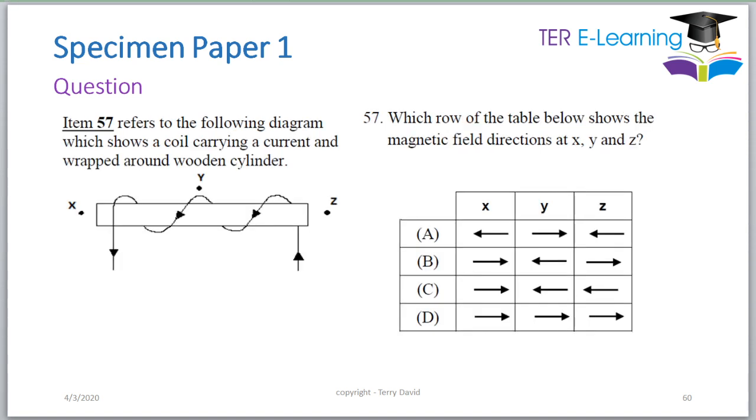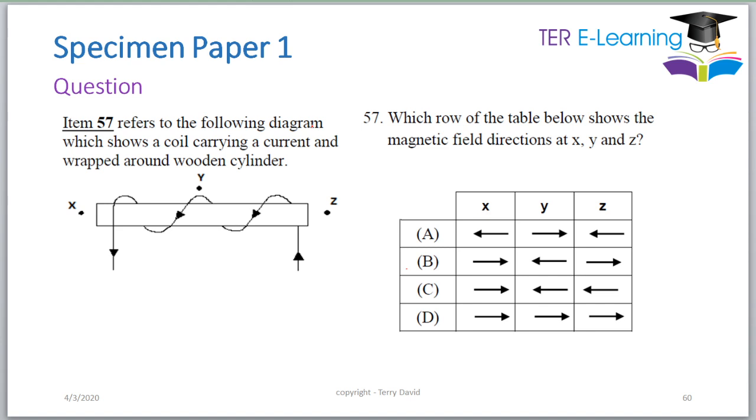Now 57. We have a coil carrying a current wrapped around a wooden cylinder, which shows the magnetic field directions at X, Y, and Z. Right? Now, what we need to do for this particular one is use our right-hand grip rule to figure out what is happening to the field, right? So if I use my right-hand grip rule, what is going to happen is that,